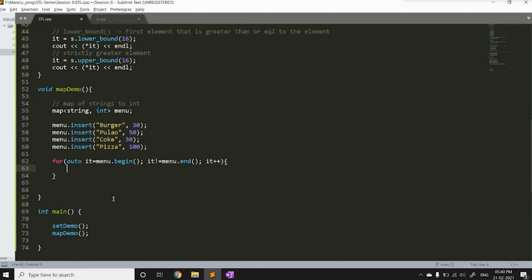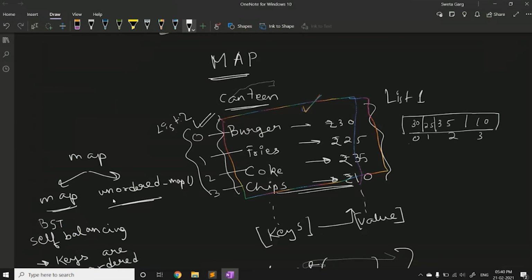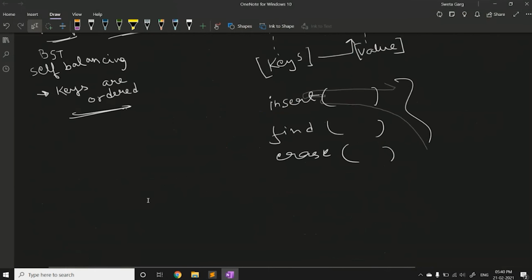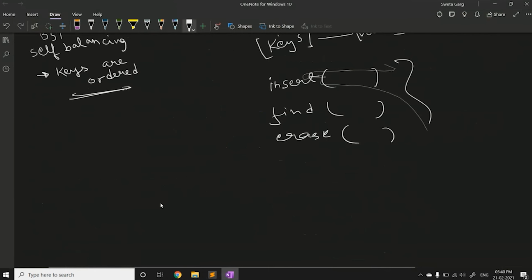And how do I print the elements of this menu? So see, what is happening here is that we have a map of key value pairs.